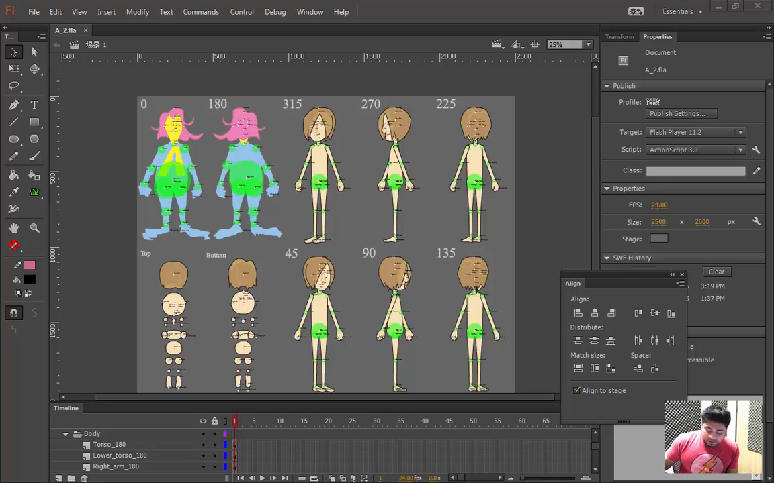Alright, so in this video, I'm taking a look at a Flash source file that was submitted to me by Karen Kent69 over at the Reallusion forums. She sent me this Flash file via email, and